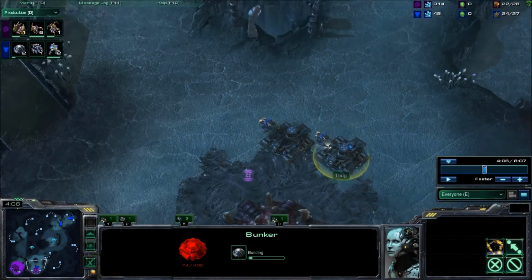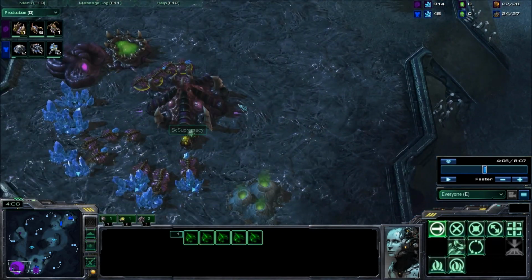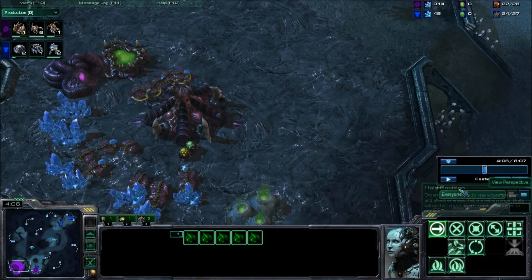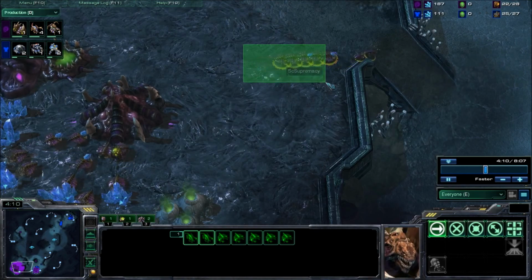Now, the thing that we need to do right away when we see these bunkers go down is we are going to need to pull drones, and for that reason we are going to be losing a little bit of mining time, but we